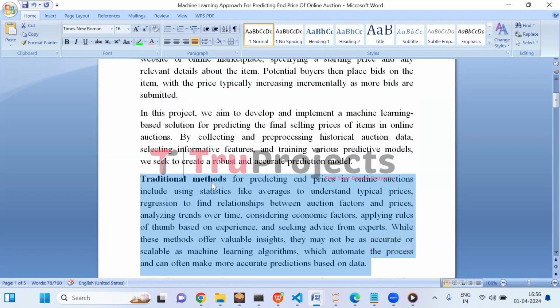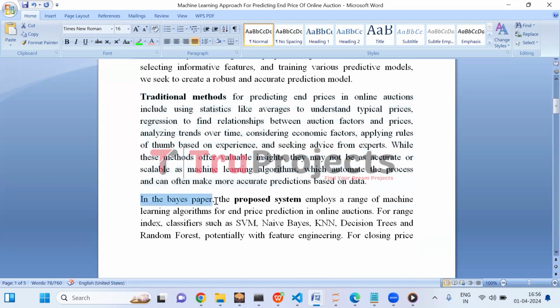But these traditional methods had some limitations, which were subjectivity, inefficiency, inability to handle large data sets, and inability to adapt to changing market conditions. To overcome these limitations, in the base paper, the author proposed various machine learning algorithms for end price prediction in online auctions.